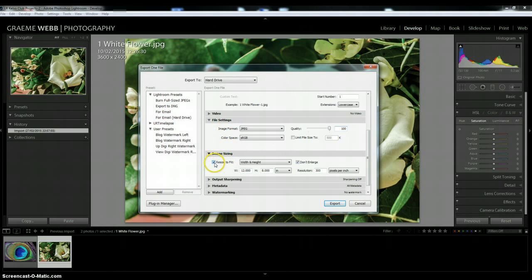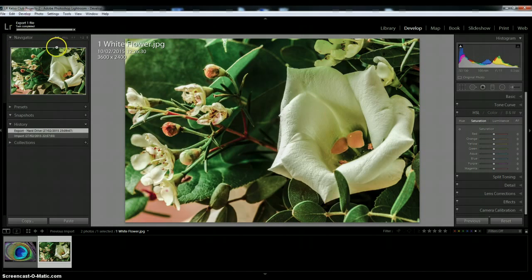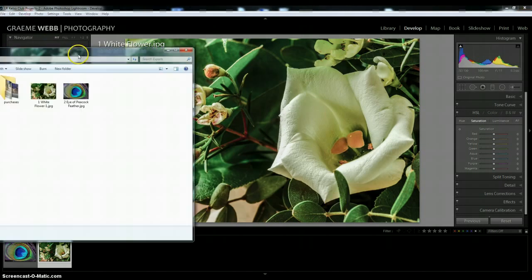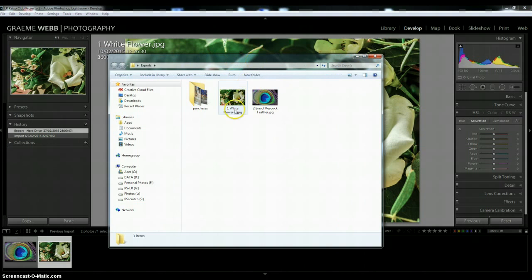And underneath we have the resize to fit. Again, making sure that the width, which is the longest side, is the longer part, so we've got that checked to 12. The height is 8 and the resolution is 300. And again, clicking on export tells you up here it's done it. And if we bring back the folder, we now see that the white flower is in there. And that's it. That's all that there is to resizing in